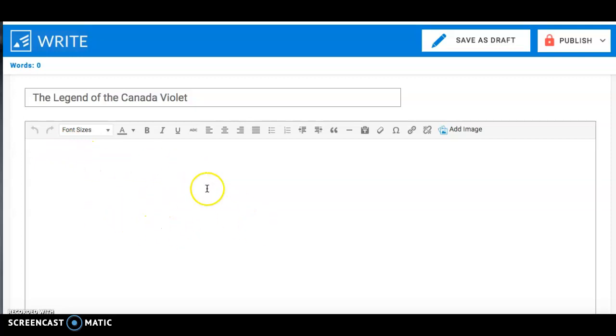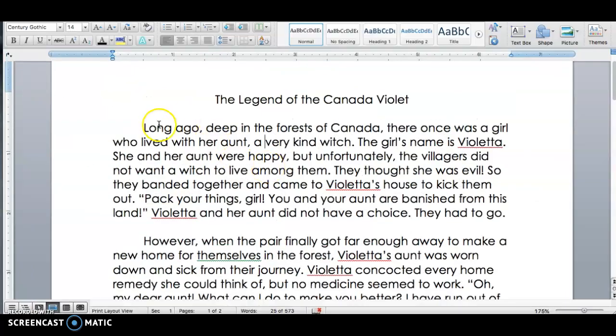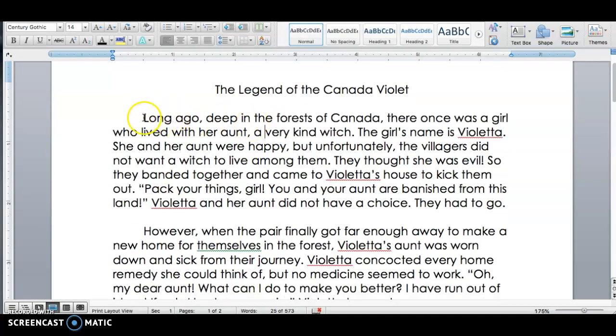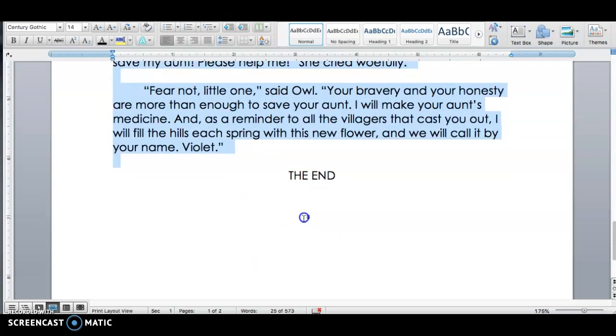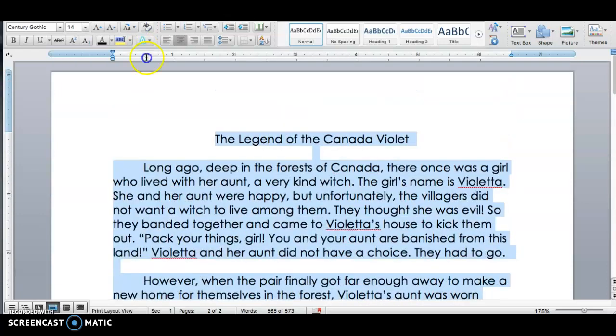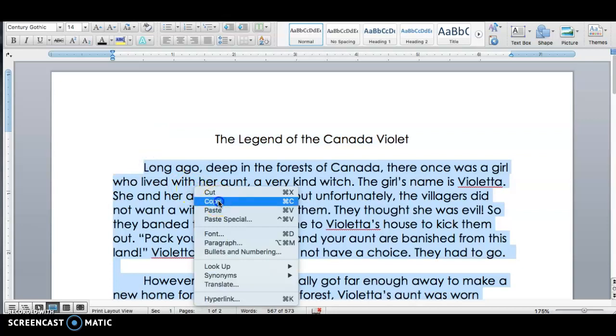So if you have your legend on Microsoft Word as well, that's totally fine. I highly recommend copying it directly from Study Island where you've been making edits though. But for my purposes, I'm going to show it to you on Microsoft Word. So on Microsoft Word, this is my legend. I'm going to just click and highlight all the text all the way up until the end. Of course it didn't work the first time. There we go. Then I'm going to right click, copy,